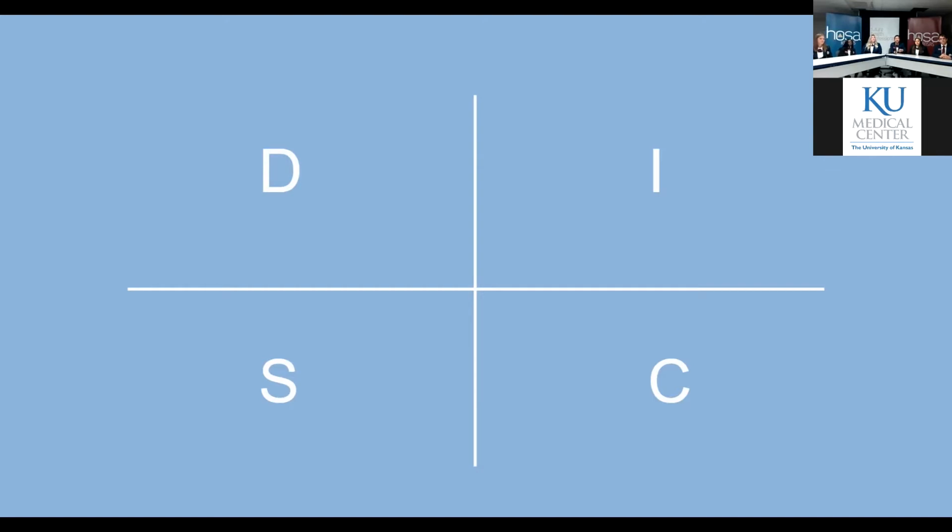Let's say you have a D&I person on your team. It's good to stick them with a support and correct trait, or a person who has those traits, because that gives you a well-rounded team, right? You wouldn't necessarily want to put a person who has that correct trait with another person who has that correct trait, because there can be a clash there.